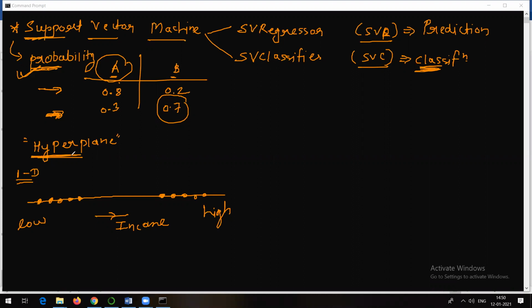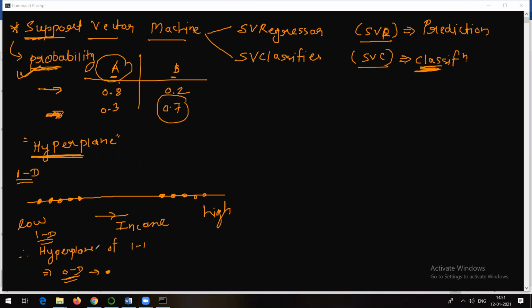As I told you, support vector machine makes use of hyperplane to divide the data. As it's a one-dimensional data, for one-dimensional data there will be a hyperplane of 1 minus 1, that is 0 dimensions. What is a hyperplane? Hyperplane is something which is going to help you divide this particular data into two parts. So the hyperplane of 0 dimensions means in this case the plane is going to be a dot, a single point.